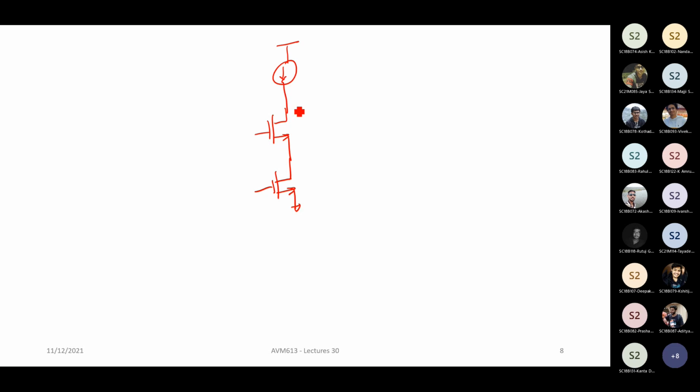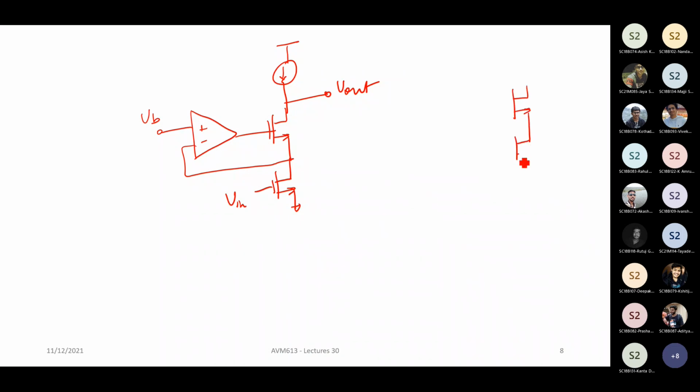So what is your cascode amplifier? Let's say this is your current source load. This is V out. This is V in. This is supposed to be VB. Now instead of VB, what am I going to do? I'm going to give a regulated cascode, which is basically I'm going to put this op amp like this. I'm going to give VB. Now, how am I going to implement this op amp? Let me first put the original circuit. Let's call this M1. Let's call this M2. You have some current source. Let's call this I1.